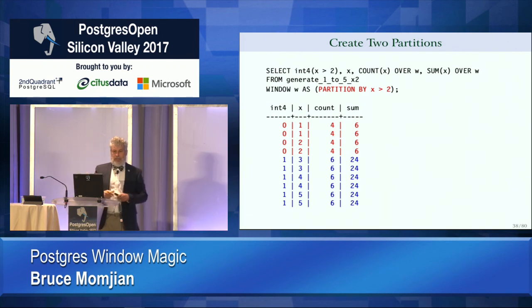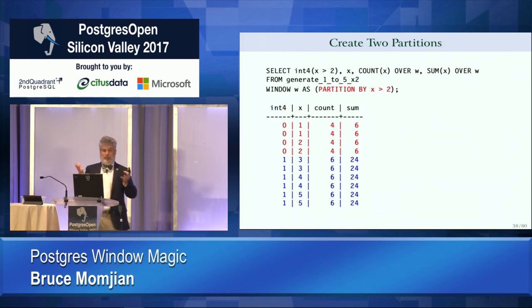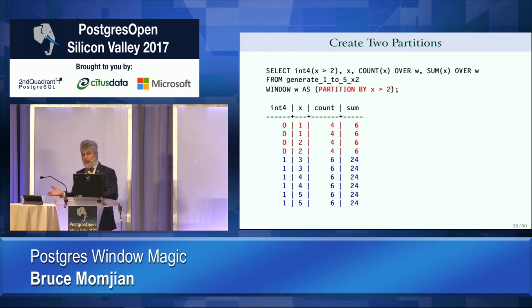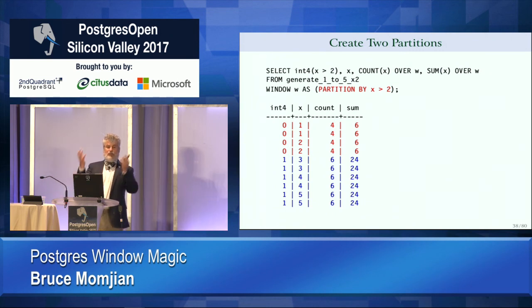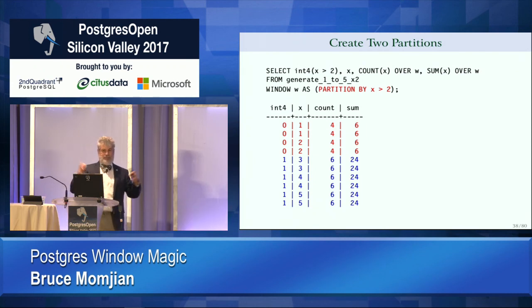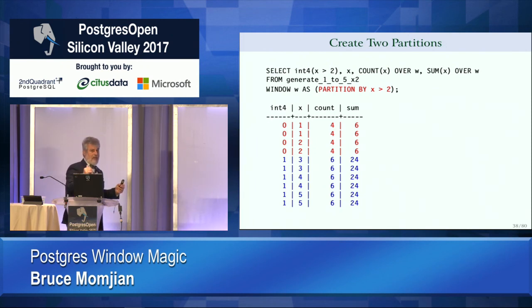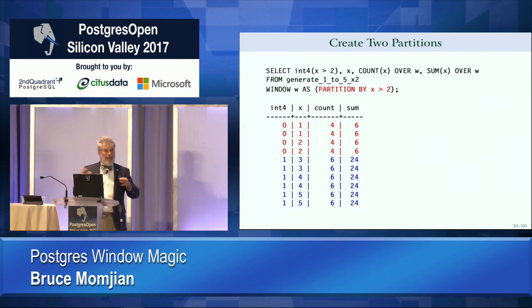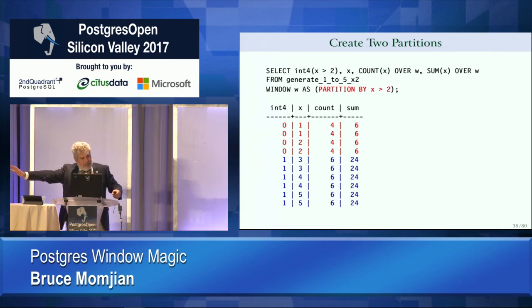What I'm going to do to illustrate is create 2 partitions, which I think will be kind of clear. We have the first partition, which is all the values less than or equal to 2, I'm sorry. And we have a second partition, all the values greater than 2. And I've colored them up, so it should be pretty easy to see. And effectively, I've used the defaults. I've done what I told you not to do, right? And the default here is range by unbounded preceding to current row.